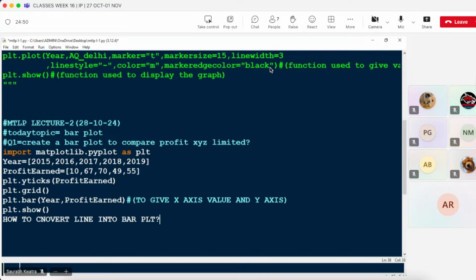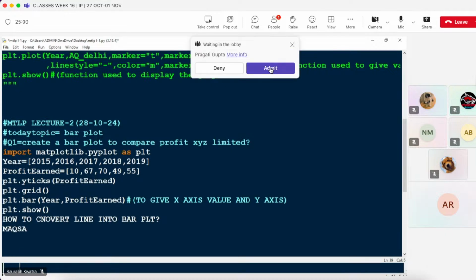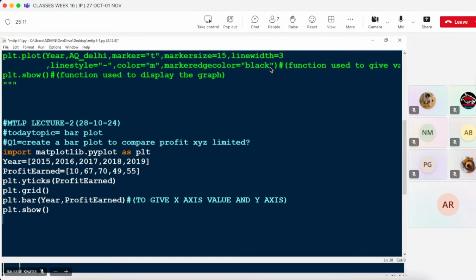So if your plot, which was made in form of a line chart, has values such that you can also plot them in form of a bar plot, and if that is making sense for you, then you can just use the bar function and plot it. Okay, there is no direct method